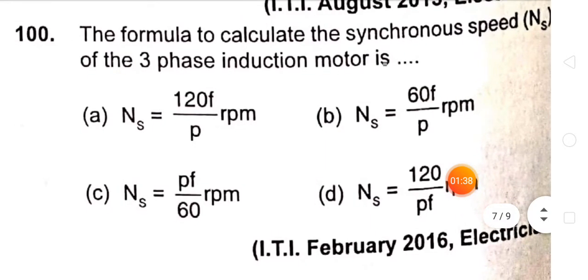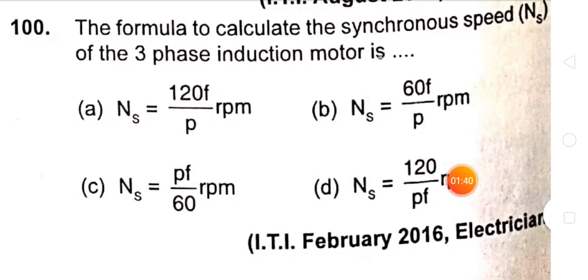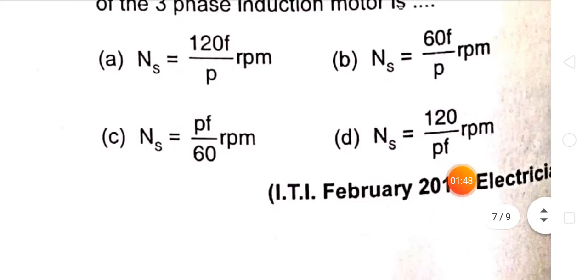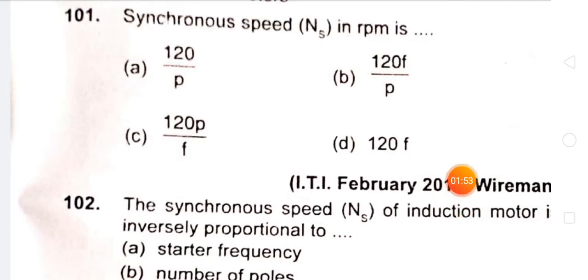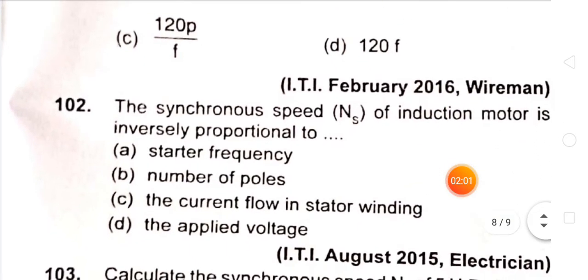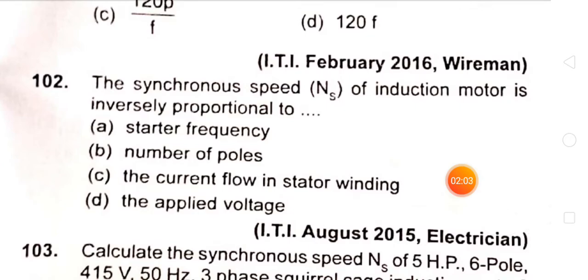The formula to calculate the synchronous speed of a three-phase induction motor is Ns equal to 120 F by P. Synchronous speed in RPM is 120 F by P. The synchronous speed of an induction motor is inversely proportional to